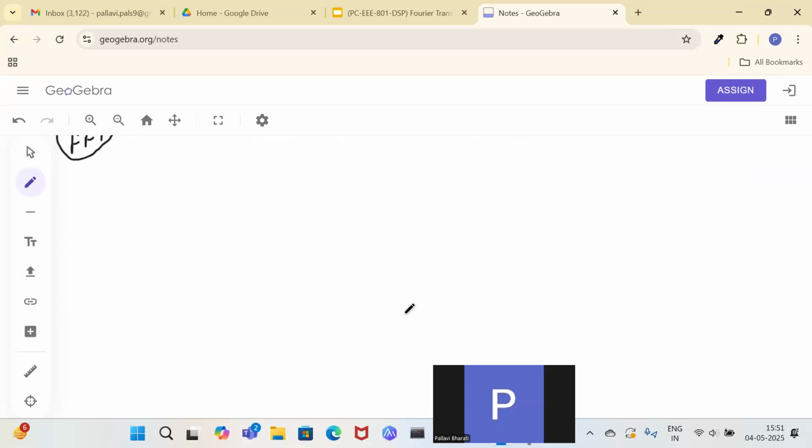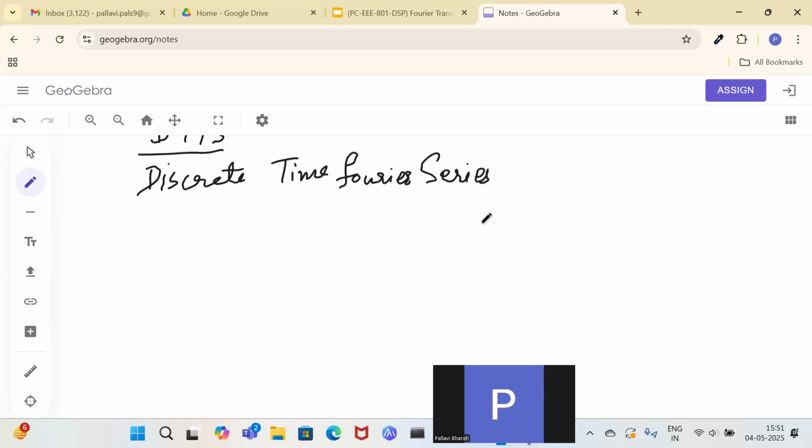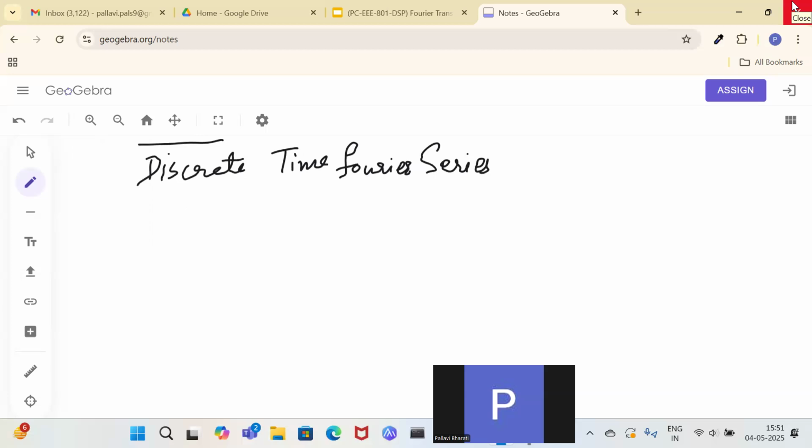Okay, now let us see the first of it, that is what we have to study, that is DTFS. This is called discrete time Fourier series. The mathematics we will deal with later. Today I'll just give you the formulas you have to deal with in this case of the discrete time Fourier series. As the name says, discrete time, so the signals